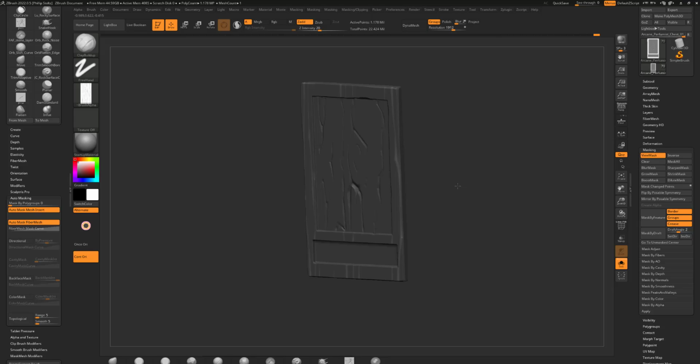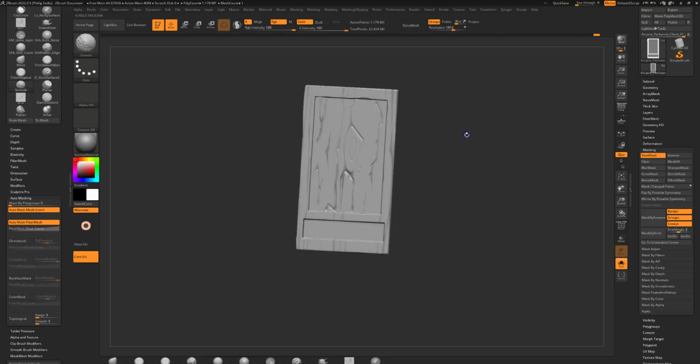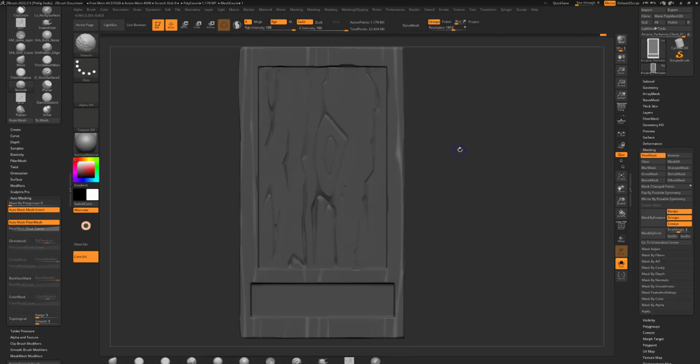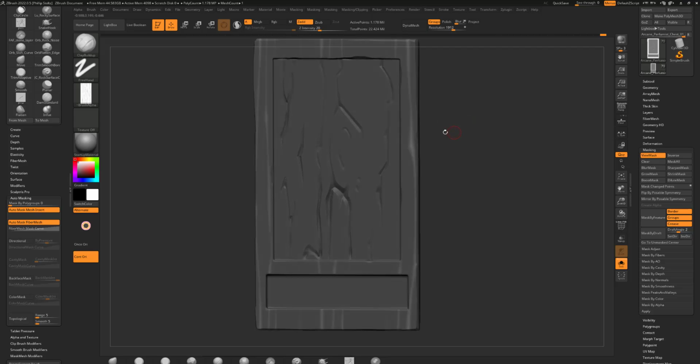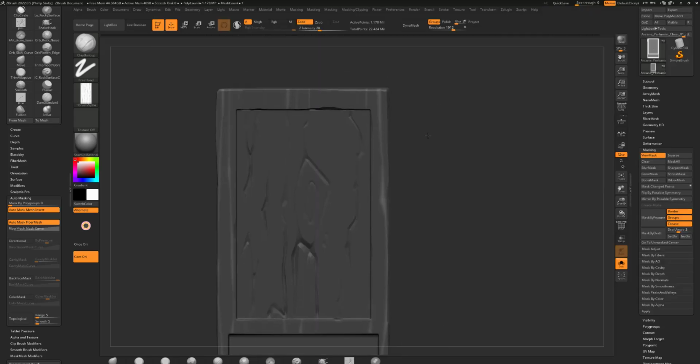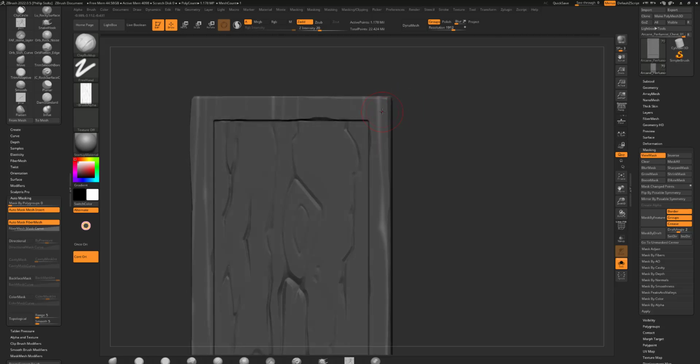So this actually might work. I know I masked some of it out, but I'm okay with that for the most part. Actually, it looks like it just kind of masked. I still have this mask, so that's actually pretty good. So let's just take our clay buildup, and we're just gonna kind of lightly go over